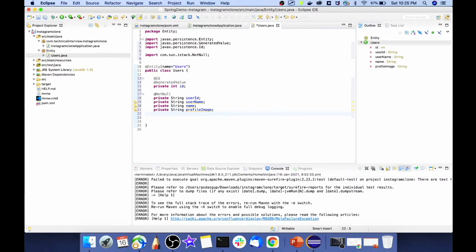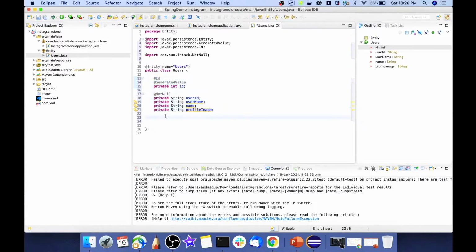So these are the minimum attributes that we need for creating our Instagram application. But as you know, in a real application there are thousands and thousands of attributes saved in the database. But since here we are creating a clone of a basic Instagram application which supports almost every functionality, we will be storing only the minimum attributes that we need for designing our system. So since we are done with declaring all the metadata that we need for a particular user,